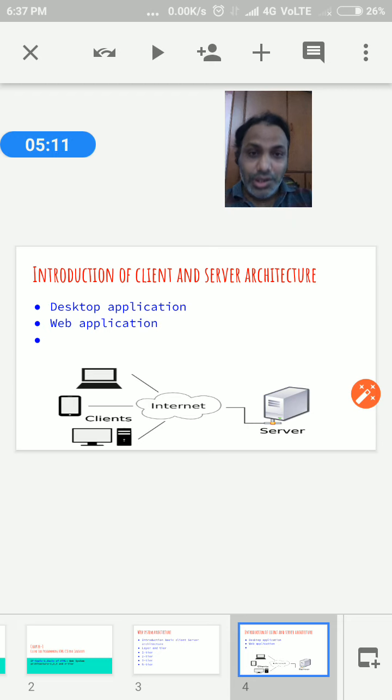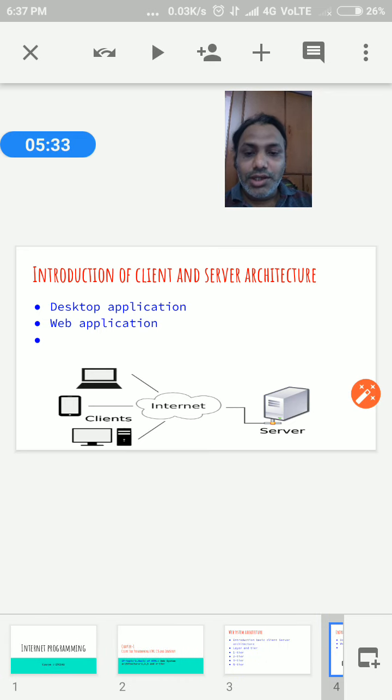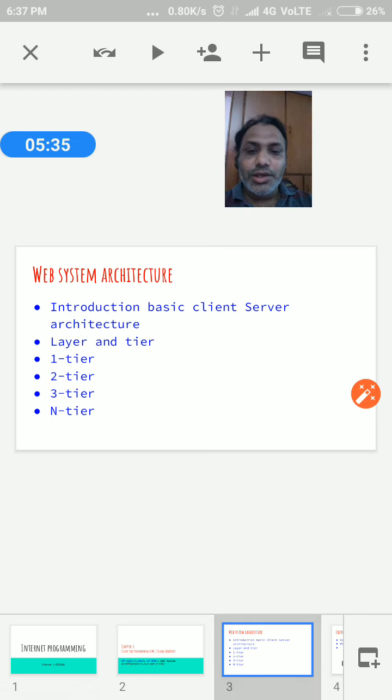So this is the drawback of the desktop application, and instead of that we created the web application. The basic structure we already discussed, and on that basis we create the web system architecture.